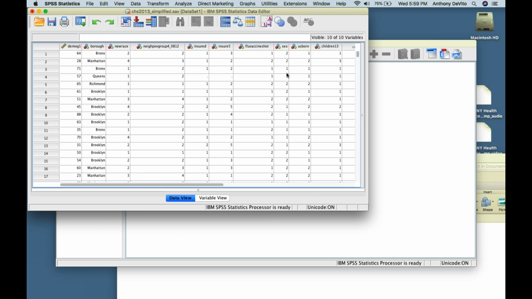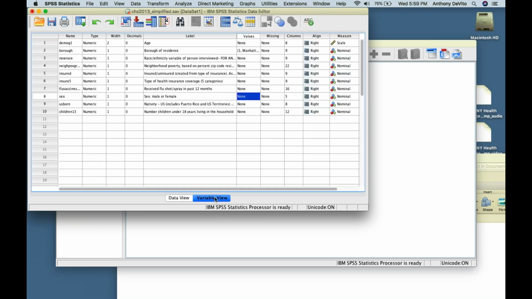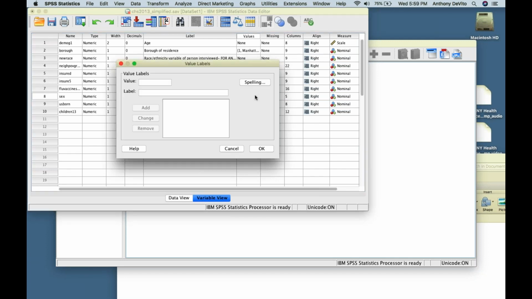If I look at sex, the numbers are 1 and 2. I don't want to put a 0. I don't want to put that female equals 0 or something like that because there are no zeros there. So I'm going to click into that gray box, and I'm going to say the number 1 represents female. Click add. The number 2 represents male. This is called coding. Really, I would be doing this with the code book by my side. So as I tell SPSS what these things represent, I will have some documentation that I actually know what they are. So make sure you click add after you add the last one, or it won't take,